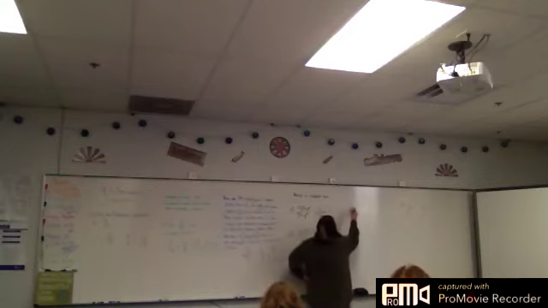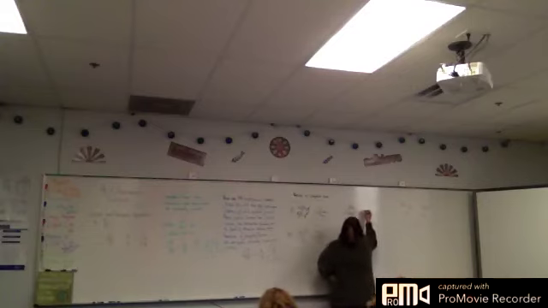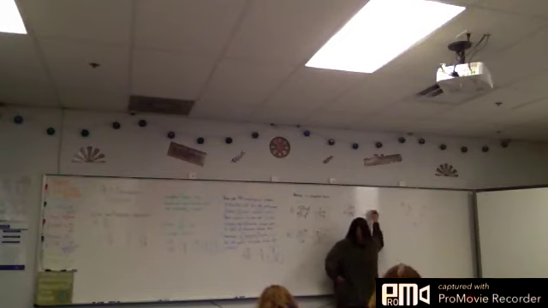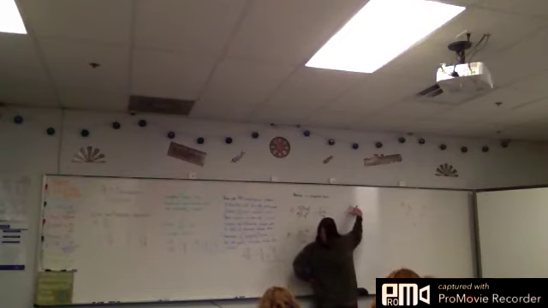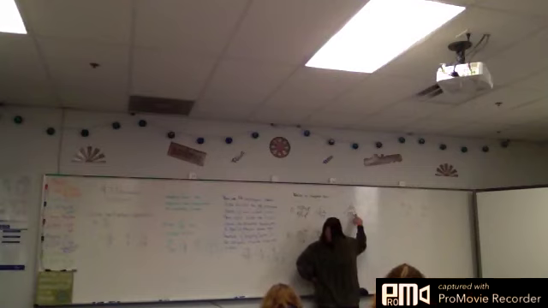So if I divide 6 by 6, what do you get? 1. If I divide 24 by 6, what do you get? 4. So I'm going to end up having 1 over 4. How many b's are here? 1. How many here? 2. So this cancels and it leaves me with a